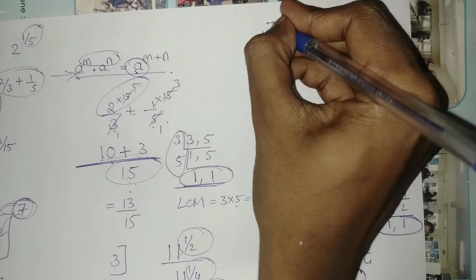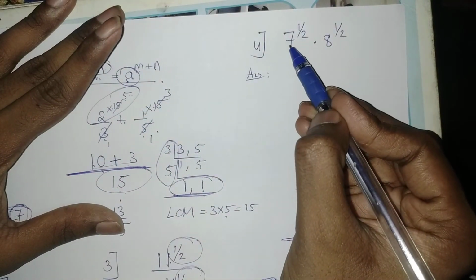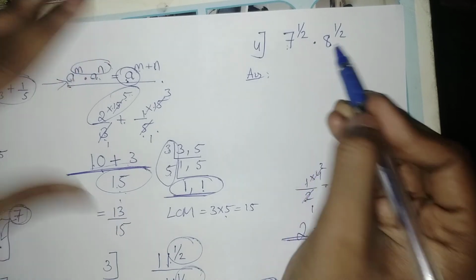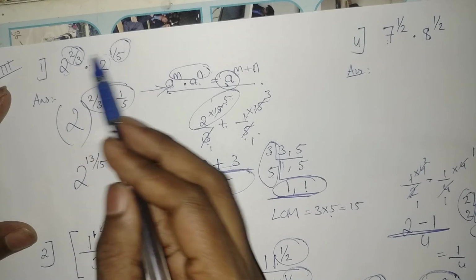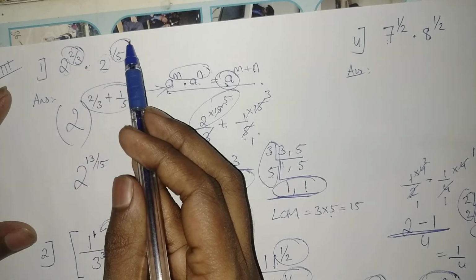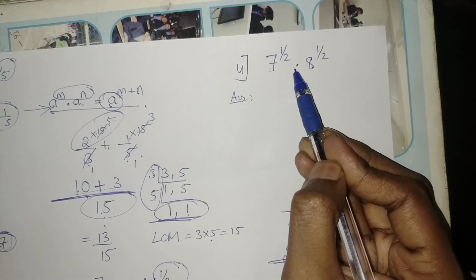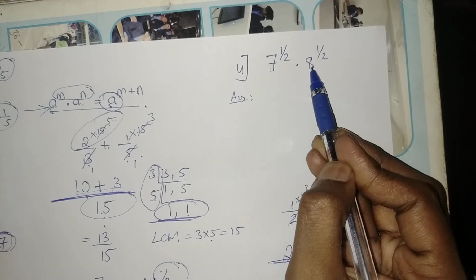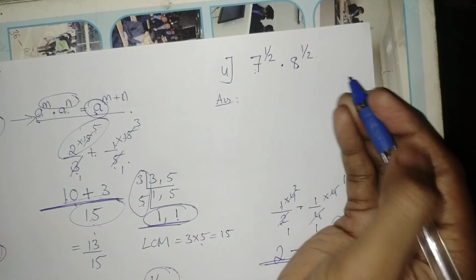Getting on with the last one, that is the fourth one. In this case, you just look at the bases. Are the bases same? No. Only if the bases are same, I can apply the law. What does the law say? When the bases are same, I can add the different exponents. But in this case, we have different bases, but multiplication sign is there. Look at the exponents, guys. The exponents are same. So we have another law.